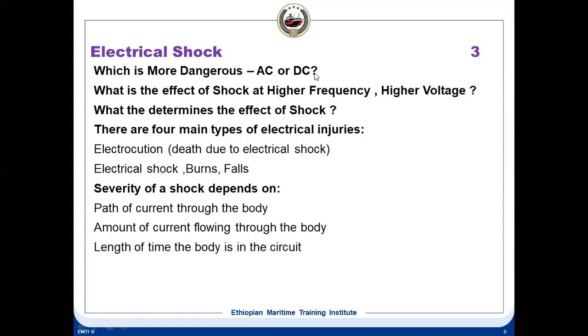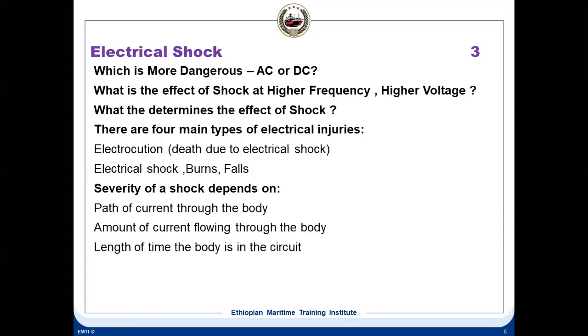The electrical shock is determined by the body resistance. Human body resistance to electricity under dry conditions is around 100,000 ohms. But when the body is wet or has broken skin, the resistance drops to 1000 ohms. So people with higher resistance sometimes don't feel shock. You can see people even touch 230 volts and they don't feel it. It's because of the body resistance. They have a higher body resistance, so they don't feel the shock much.